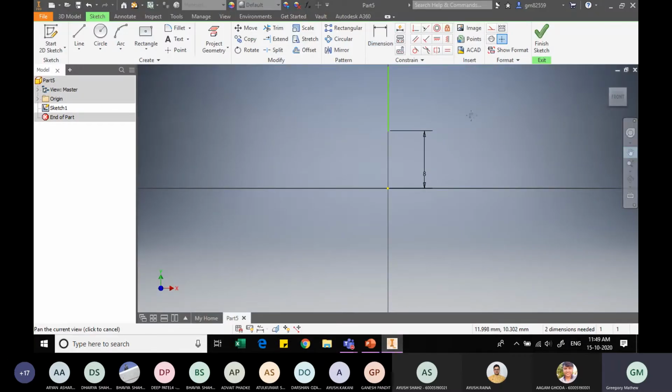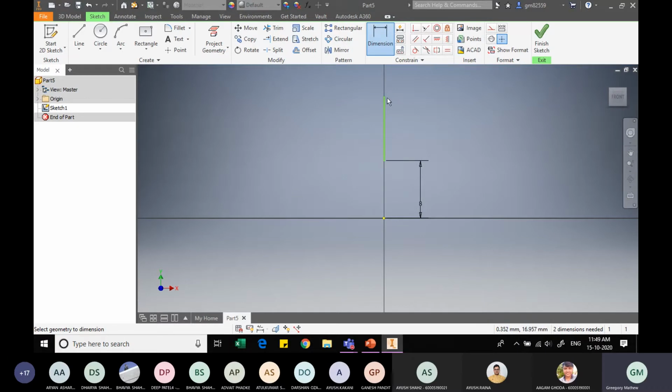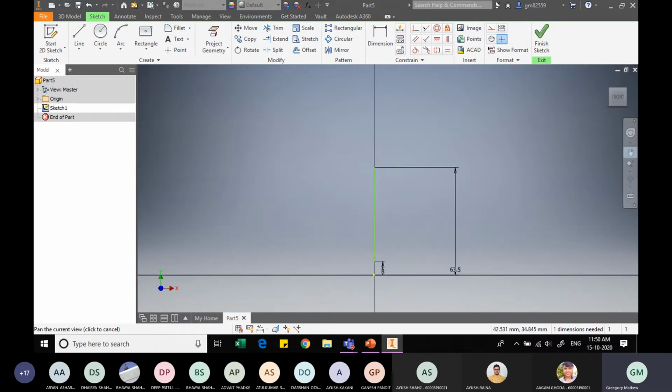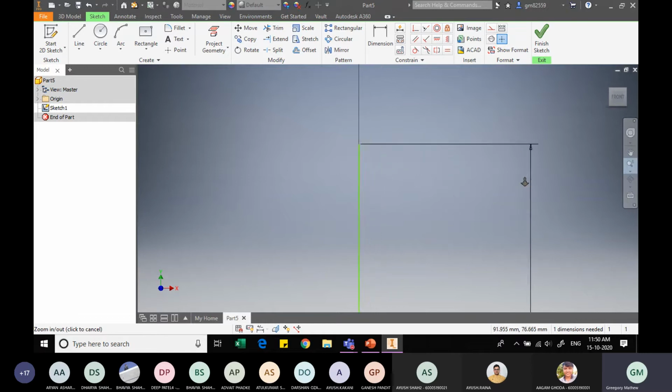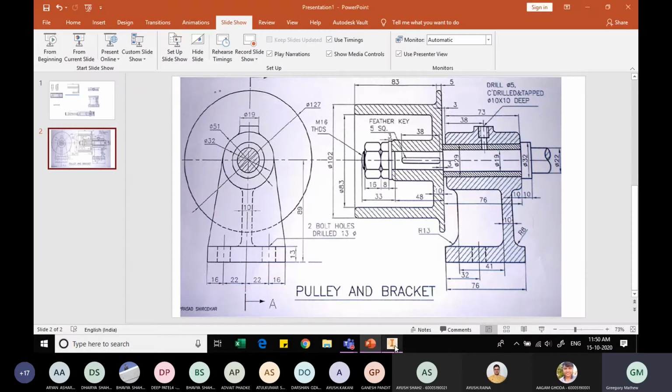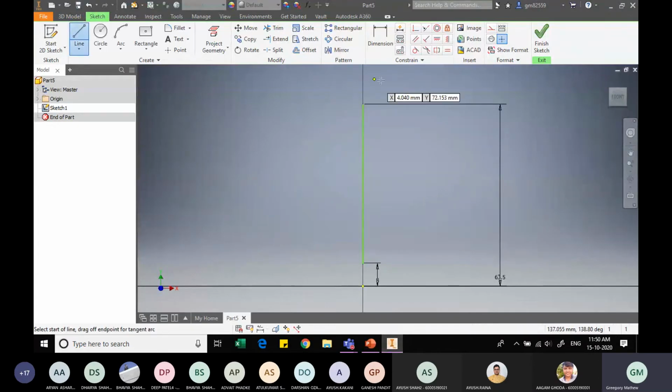So let me specify that dimension too. Let me move the, yeah, and I will specify that the distance between this point and this point is 127 by 2. Let me reduce the size now slightly. And let me now increase the size. Bringing my sketch to view. Okay. Next is the thickness that you see. This thickness is given to be 5 mm. It's a taper that we will do later on. But however, we'll just start from here and 5 mm.